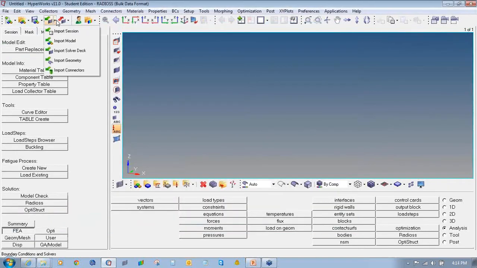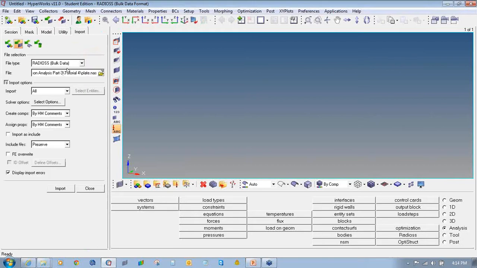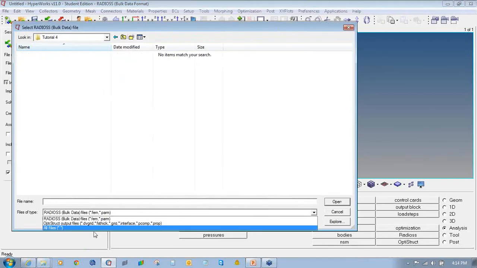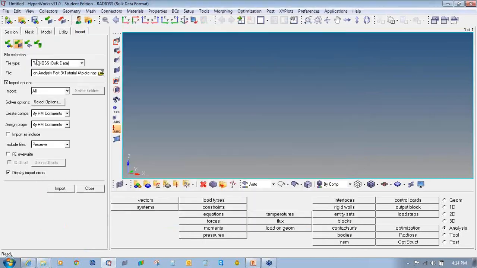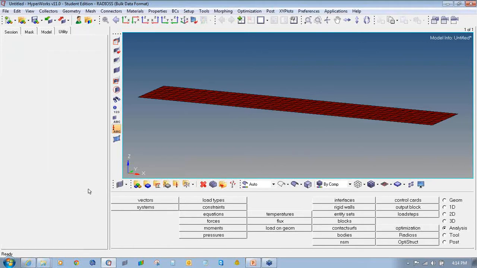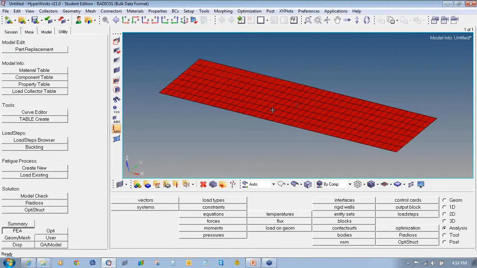So I will go to import solver deck. Select all files and click on import. So in this way my plate has been imported, as you can see here.